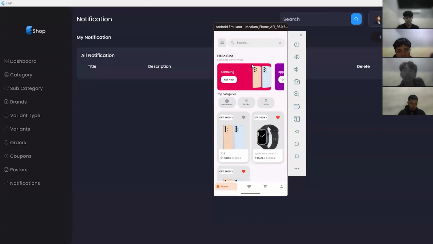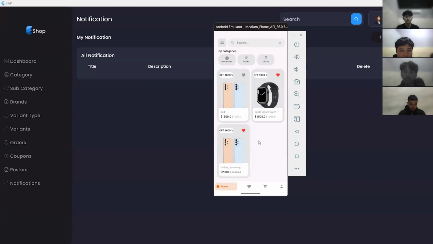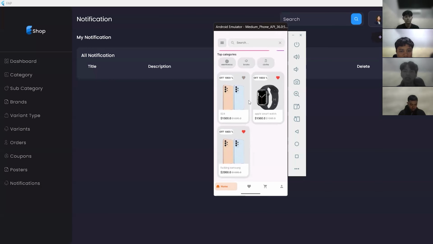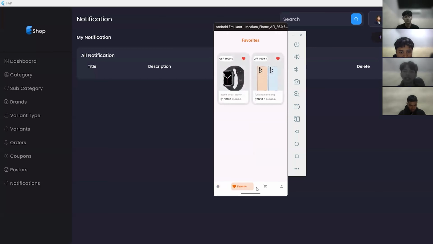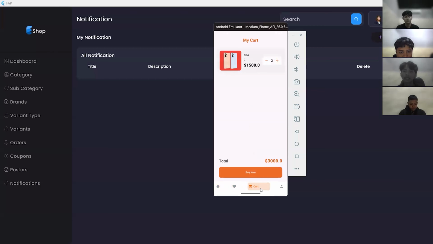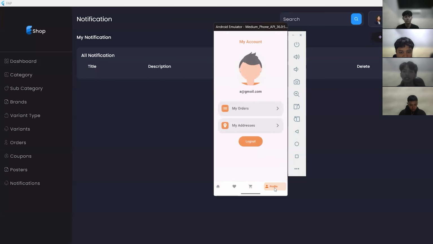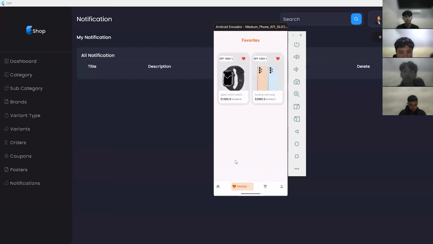Okay, in the dashboard you can see top category, product, and below you can see home, favorite product, cart, and your profile. In favorite product, you can unfollow a favorite.